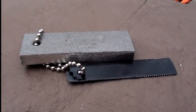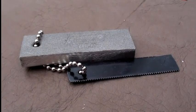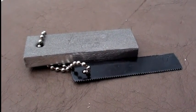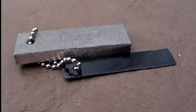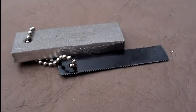I'm going to keep practicing at it, and I might look into getting a different fire steel because I've read that some of them throw hotter sparks, and I see lots of videos of guys just using the fire steel right into birch bark and having no problems. So I think this thing's a little hokey. I might need a better one, something a little bigger I can get more grip on. Anyways,